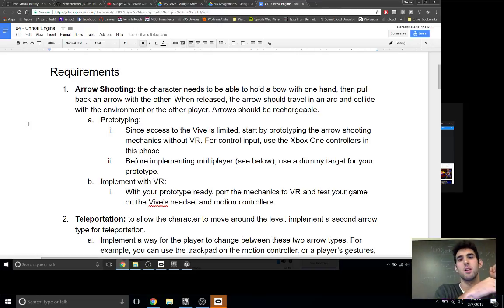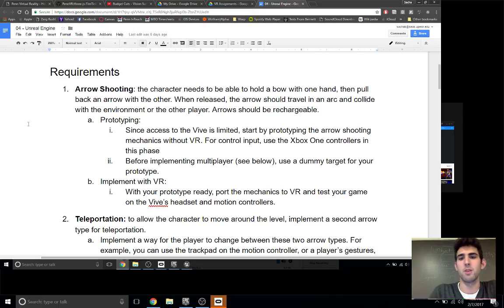We'll do some introductions to that on Thursday, but access to that will be limited. We only have 5 of them, I believe, and those are going to be shared between this class and the other game design section, which means that one team will have access to one Vive for the majority of the time of this project, but if there's only one Vive, right, you guys can't always be developing on that.